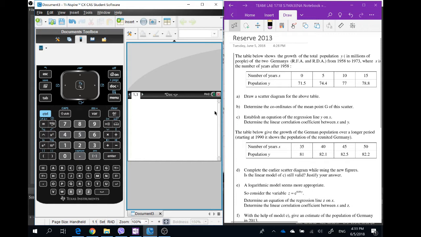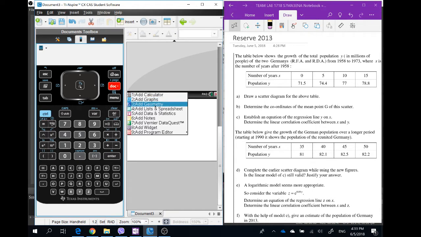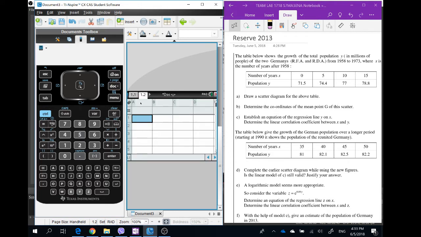The table below shows the graph of number of years and population. So you have to add a list: Control, new page, add list and spreadsheet. Here you need to write the name. Do not put X or Y because the calculator will make a mistake. Put just words, for example, years, number of years. Here it's population,